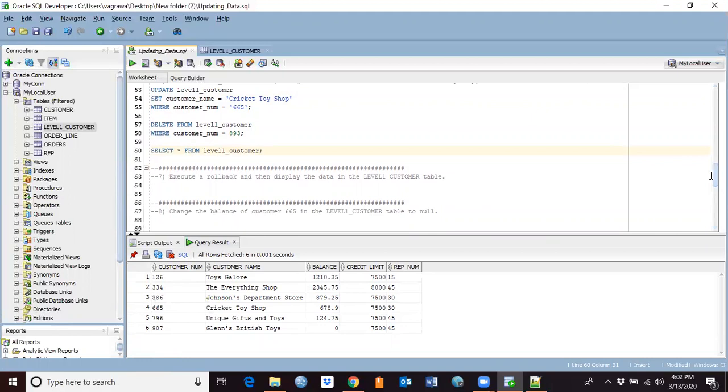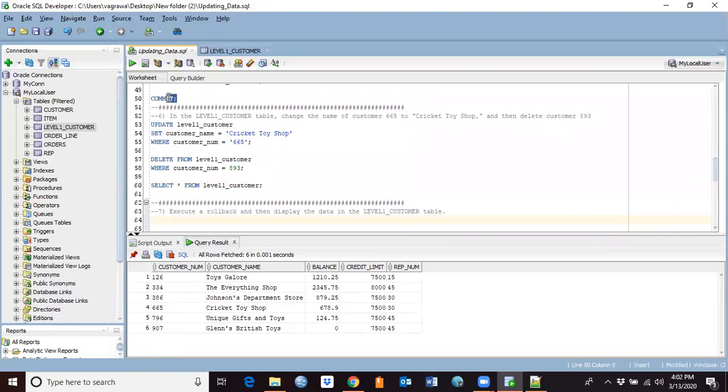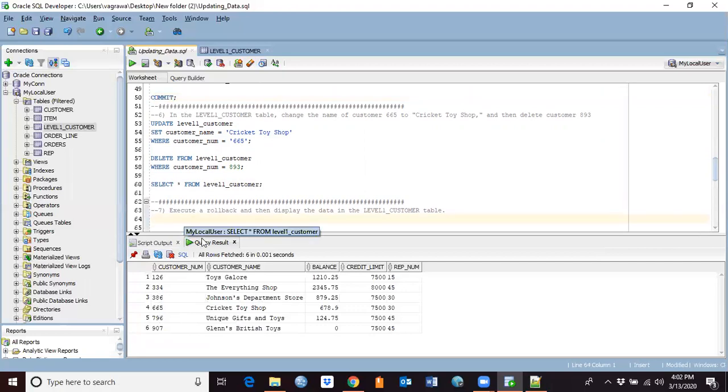They are not committed. So if you execute a rollback, all the changes you have made after the commit, whatever you have done up till this point is already saved, but these 2 changes are not saved into the database. You are seeing the result here, but these results are coming from the cache, not from the physical database. So if you execute rollback here,